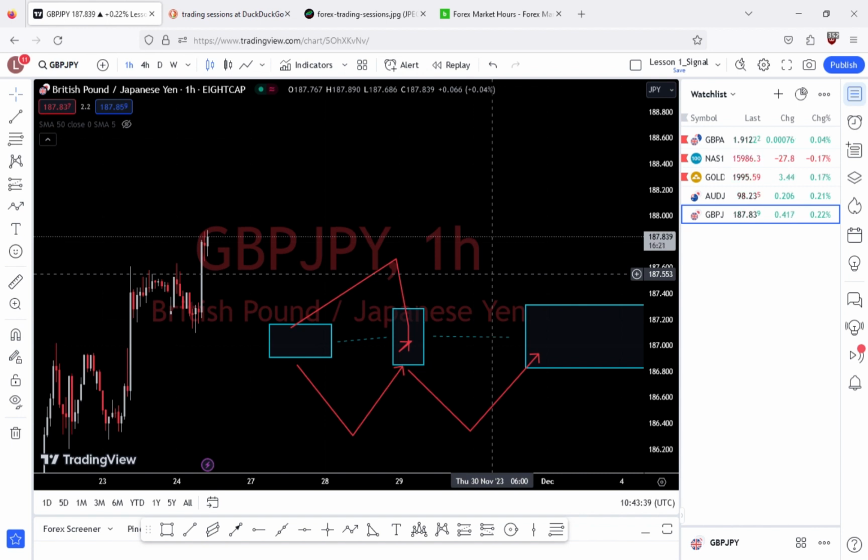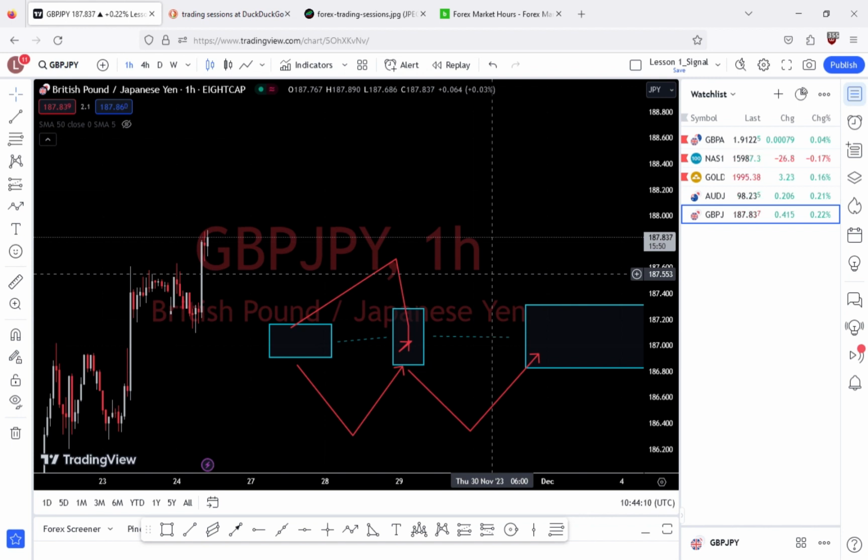Some of the most common forex terms are pips, spreads, leverage, and lot size. A pip refers to the smallest unit in price and is equal to 0.0001. A spread is the difference between the bid and ask price of the currency pair. Leverage is the ability to control a large amount of money with a relatively small investment, and lot size is the number of currency units you're trading. I hope that clarifies what it means.